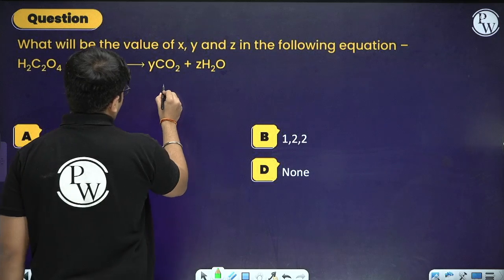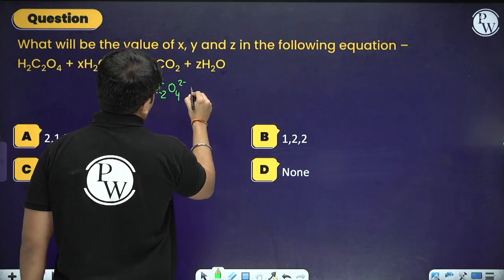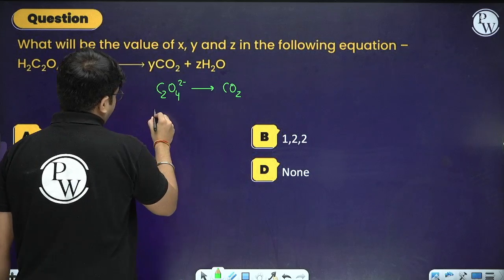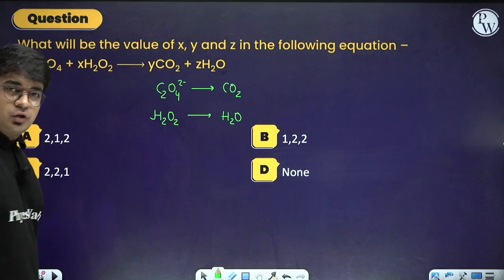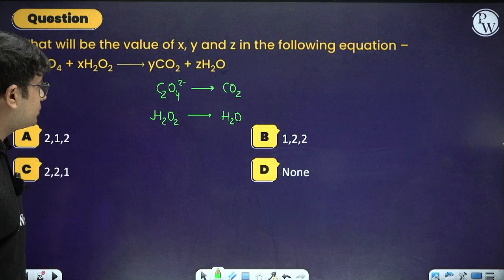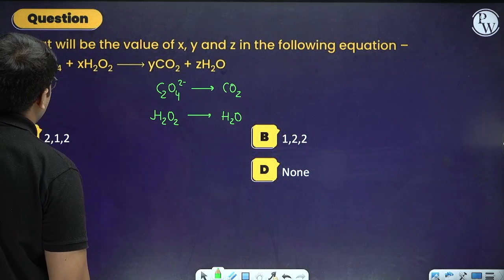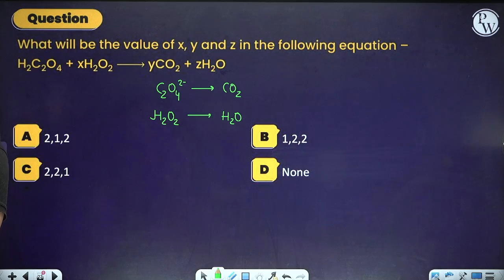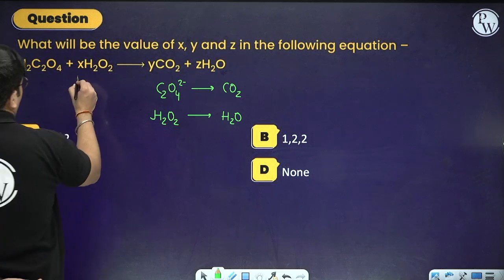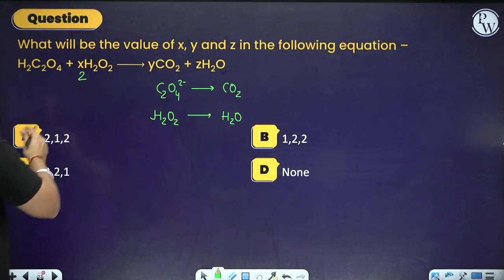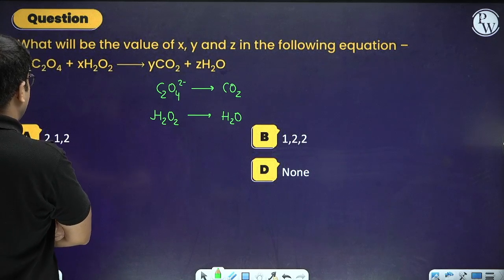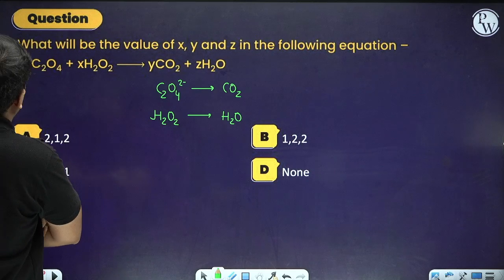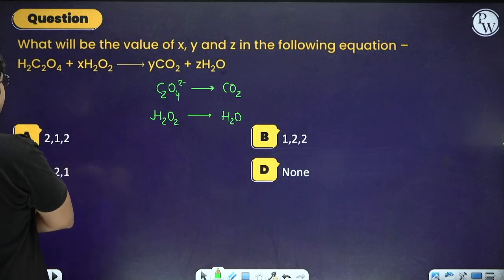So basically we have C2O4 2 negative, which is converting into CO2 as the first half, and the next part is H2O2 converting into H2O as the second half of the reaction. So I have written both the halves. You can try to balance these equations by yourself. Otherwise, what can we do in this case? Plus 3 plus 4 is converting into 1 2. So 2 will be there, and minus 1 minus 2, so 1 will be there. So I can say minus 1 2, minus 2 1 2, so 2 and 2, so nothing will be there. 2 carbons, so I can say that will be 2 carbons, and